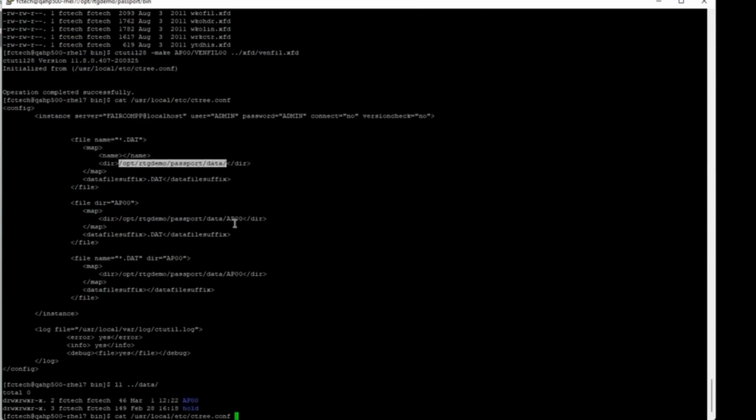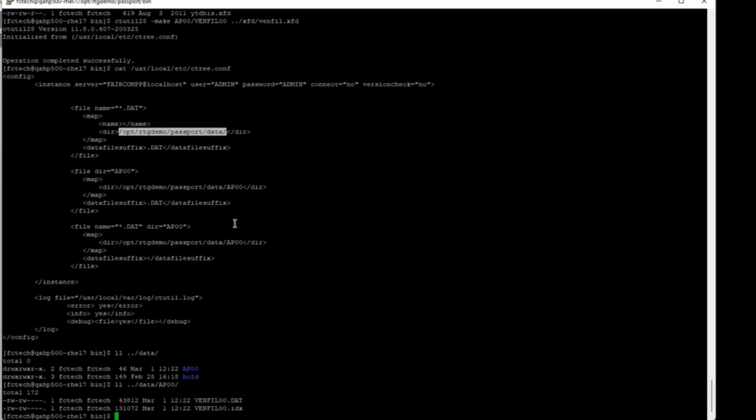You'll see there's an AP00 there. And you look in there and there's my new file. You can see the date there. I just created that a few minutes ago, March 1. That's where that file is at. So now if I start my application,